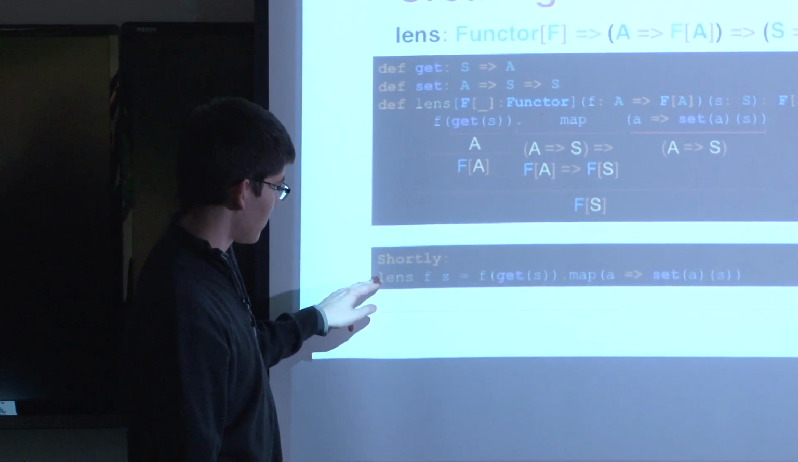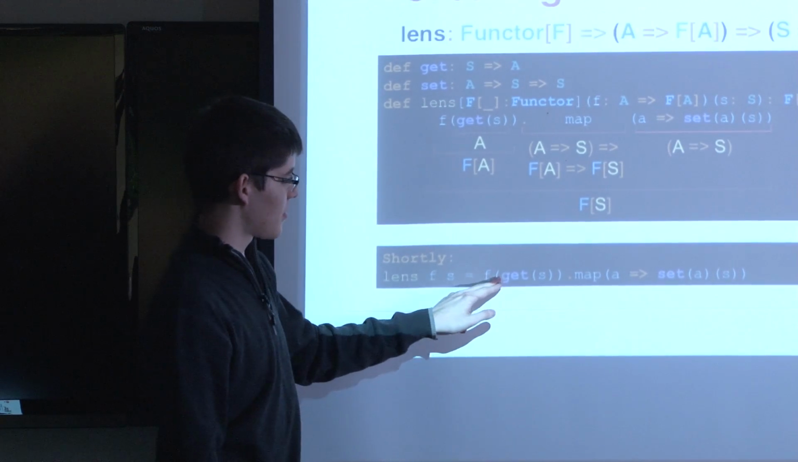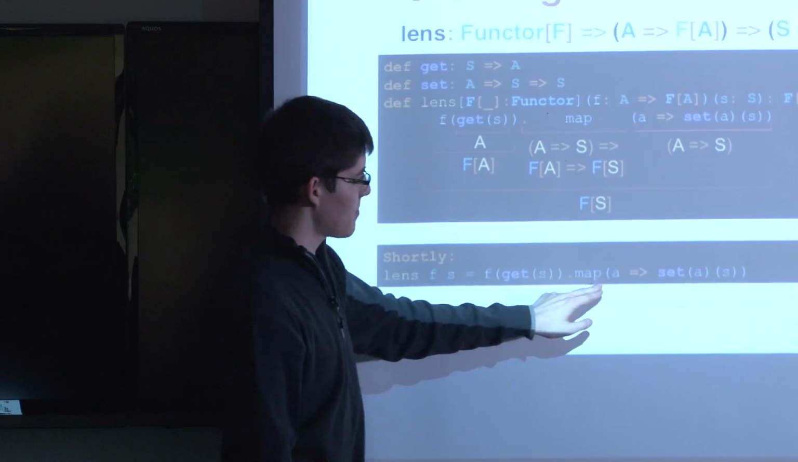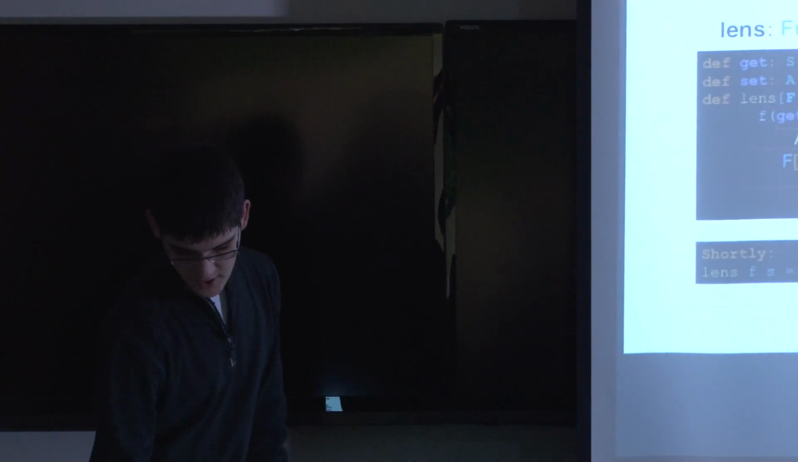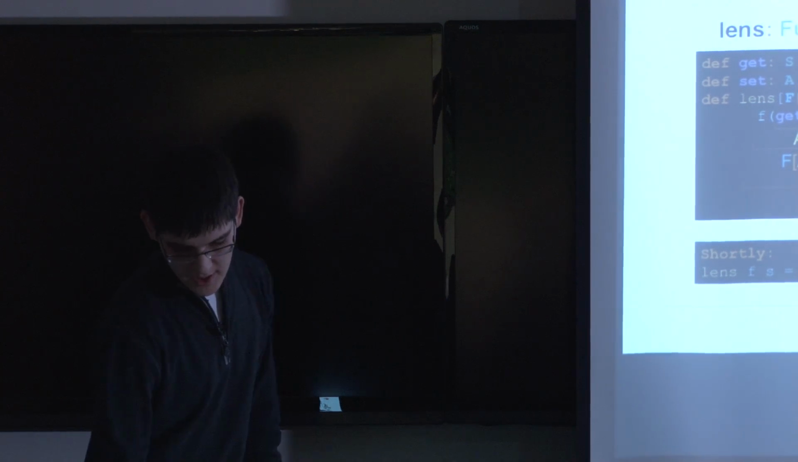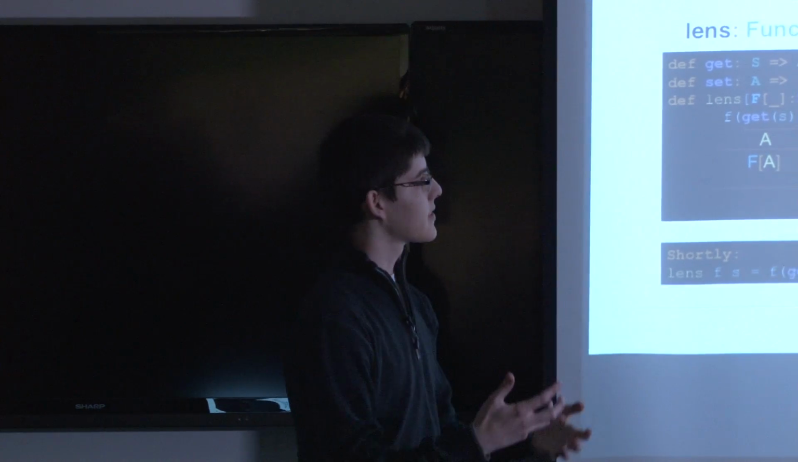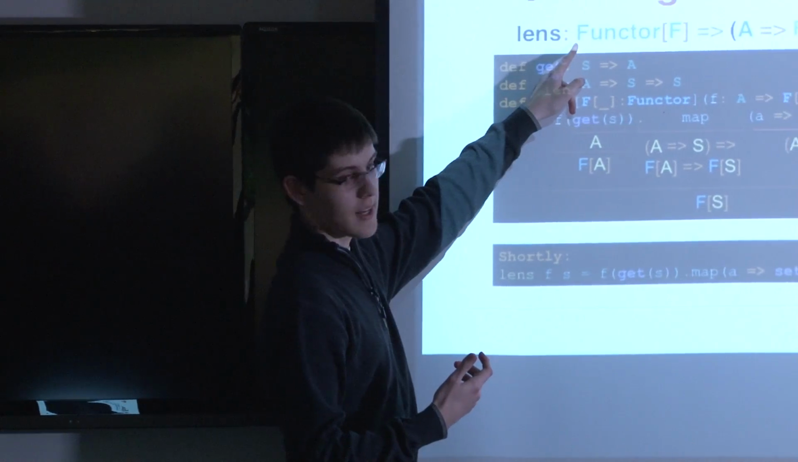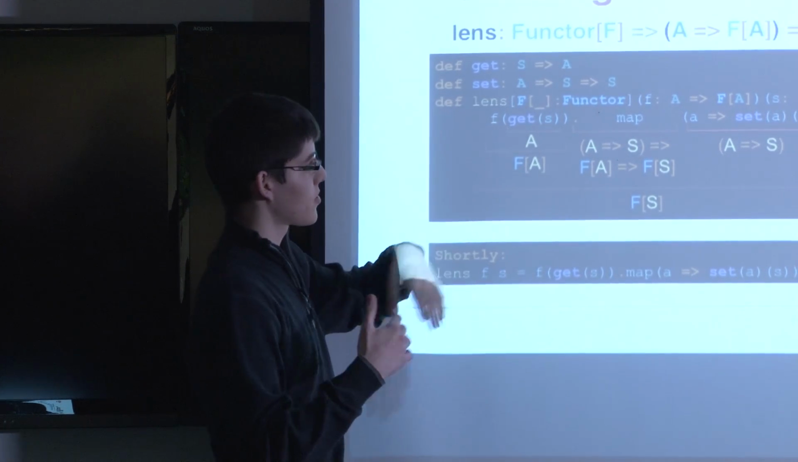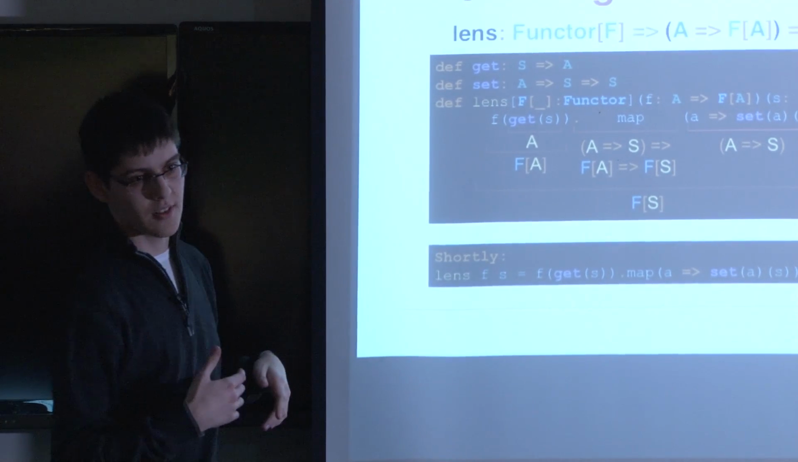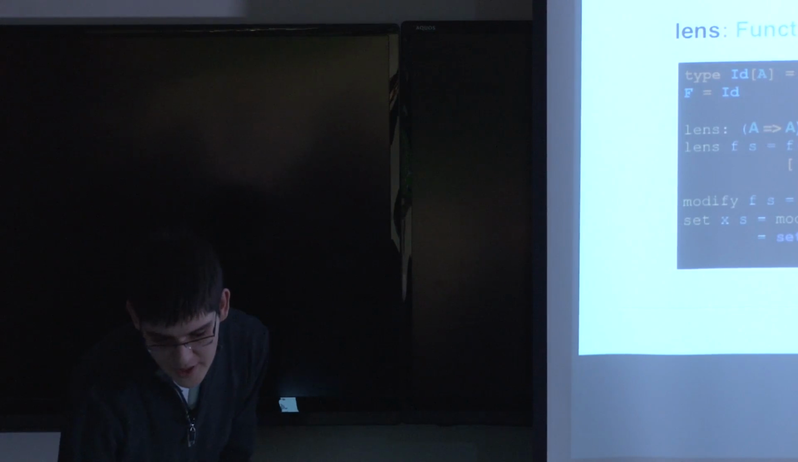For the next slides, I'll write it more shortly. Lens with the function f and s, we apply the f of get and map it with a set. Right? So let's look at whether what we implemented before, the derived get and set from the van Laarhoven type for lenses, gives us the results we want, get and set. All right? So let's look at it. We'll start with